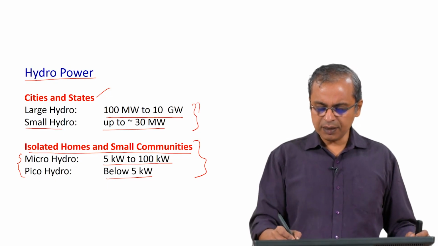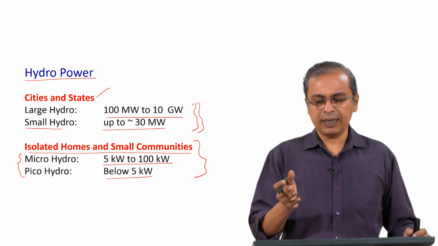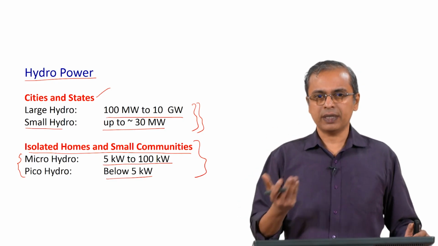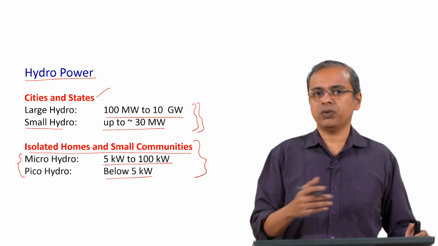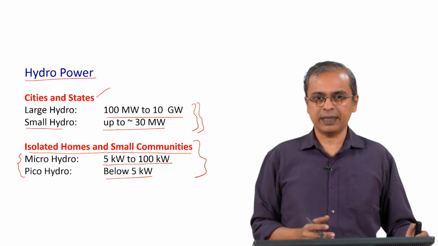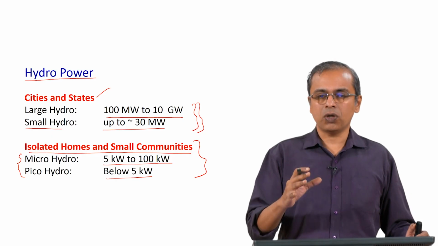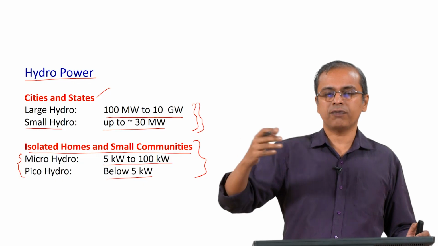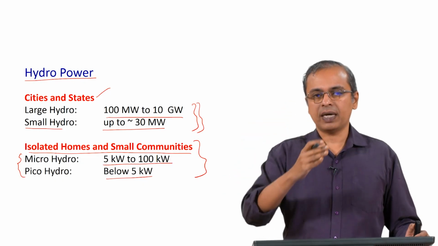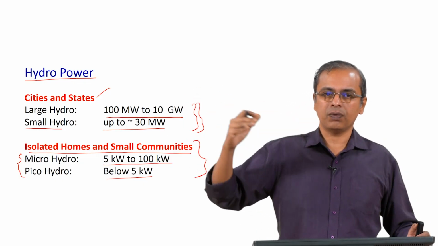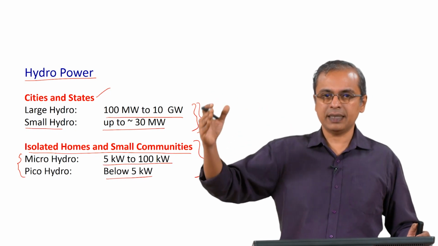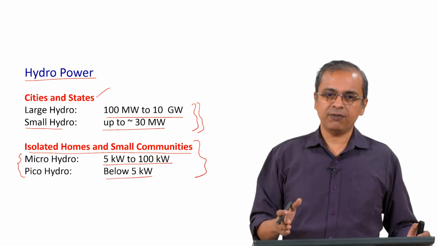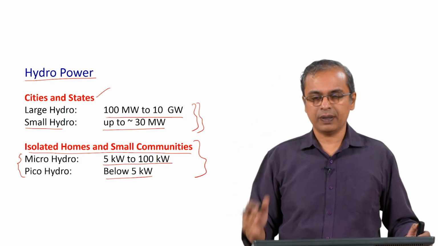So, there are concerns about it, but you also have to keep in mind that once it is set up and running, it tends to be a clean form of energy. Nothing is being burnt, you are just using the general flow of nature to generate electricity. But increasingly the thought process is that if you have a river that is flowing, it is much better to have several smaller hydroelectric generating units along the path of the river, rather than to put up one massive dam and create this one massive project.